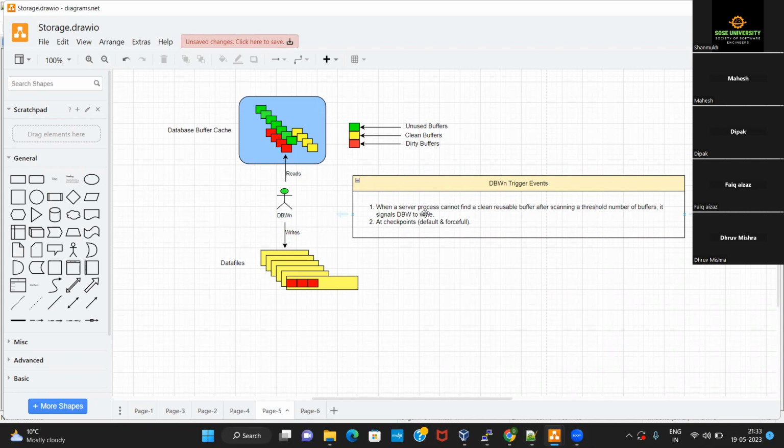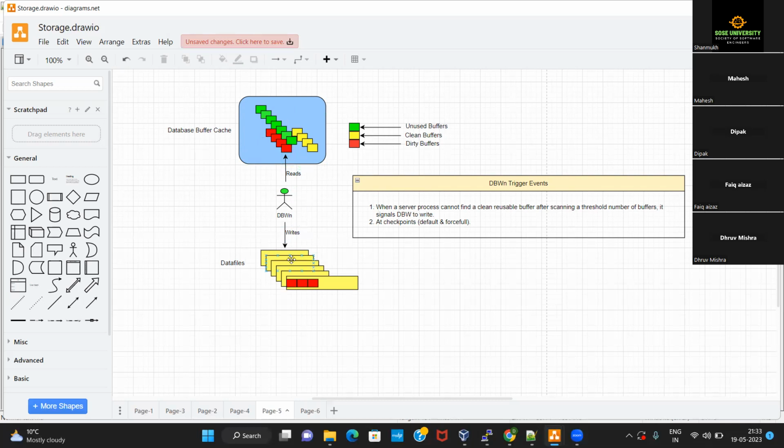whenever the user tries to fire a new query, and for processing that new query, if there is no free buffer present inside the buffer cache, the DBWR will get activated and it will find out whatever are the dirty buffers present inside the buffer cache.